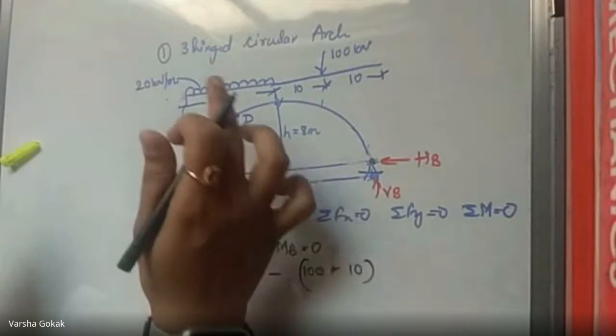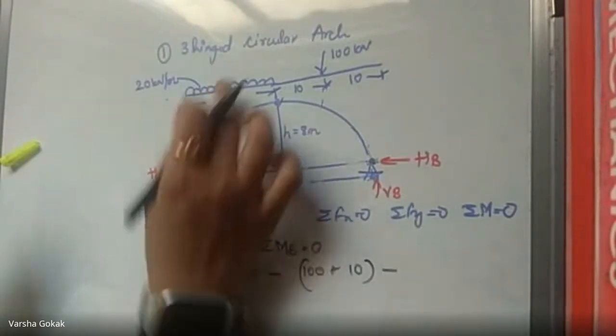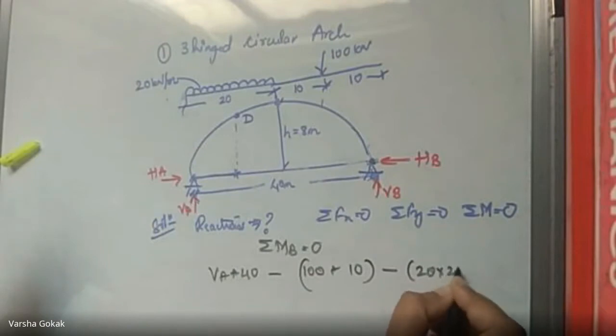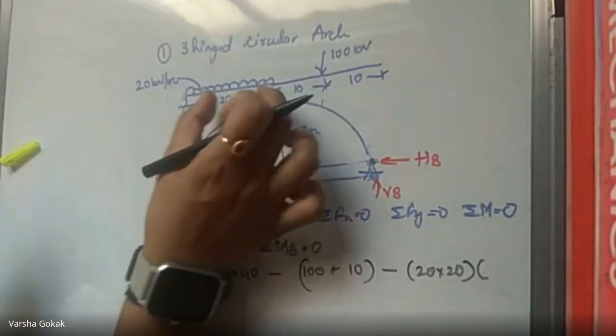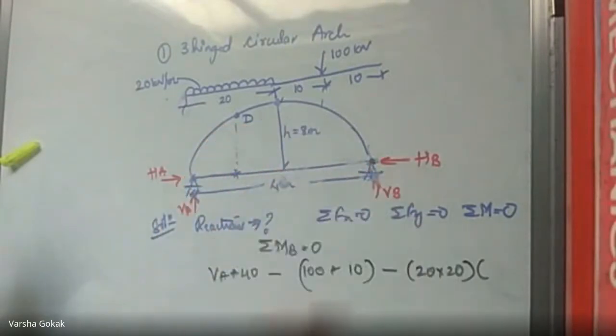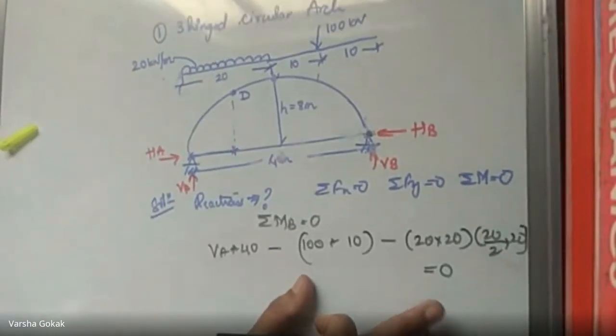And this 20 also is going anti-clockwise. So minus the load of the UDL, which is 20 into 20. So 20 into 20 is the total load. The distance is 20 by 2, but I'm taking moment at B, so 20 by 2 plus 20. It is 20 by 2 plus 20. Any other forces? No. Equal to 0. Is this equation clear? How I got it?